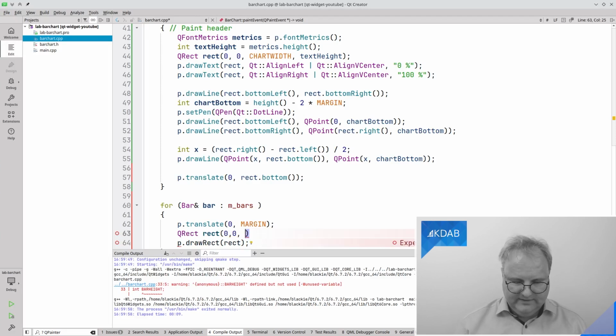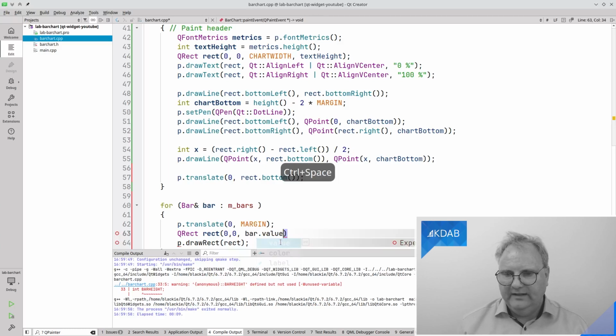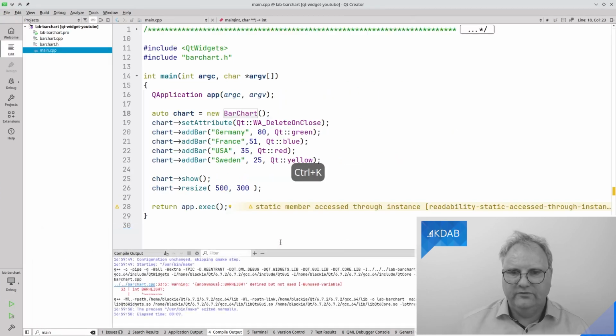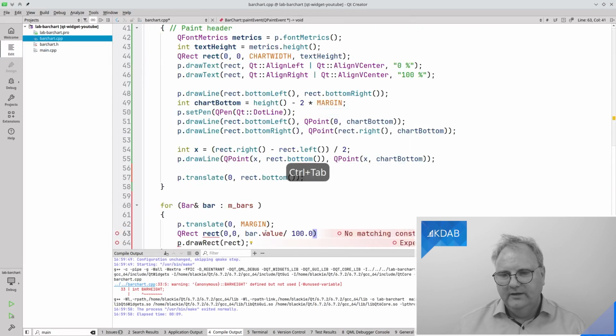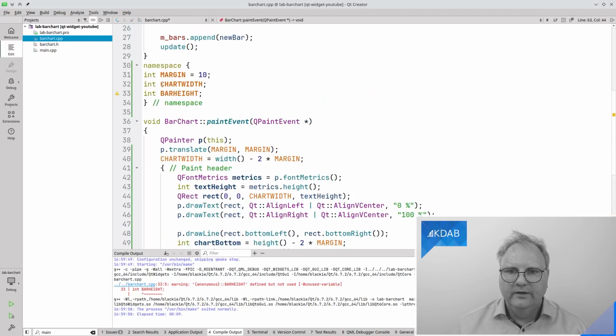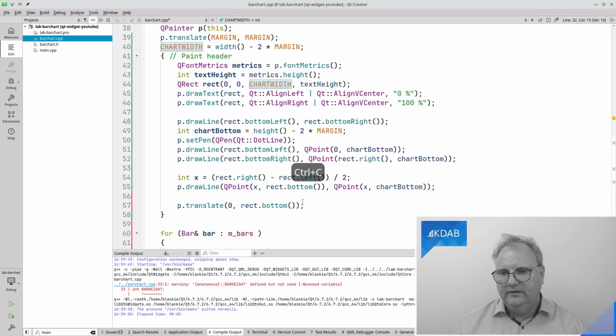The width is bar.value divided by 100, because remember in our main I was looking at that 80, that's 80%. Should have been 0.80 as a double, but I'll divide it by 100 here now, and then multiply by the width of the area, and I think we got that up here. Chart width, there we are.